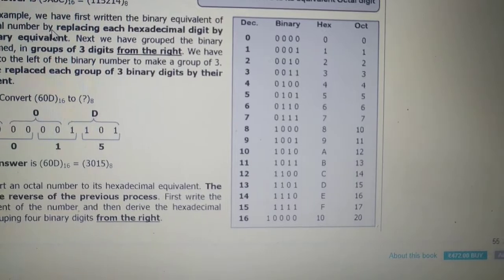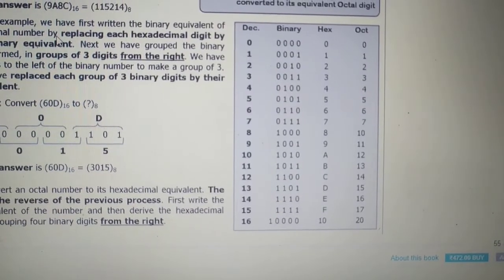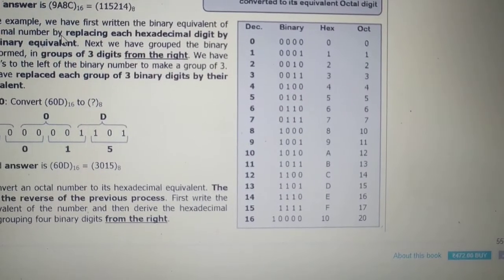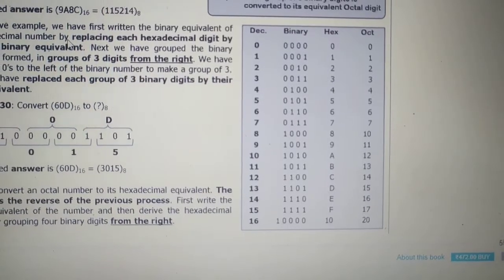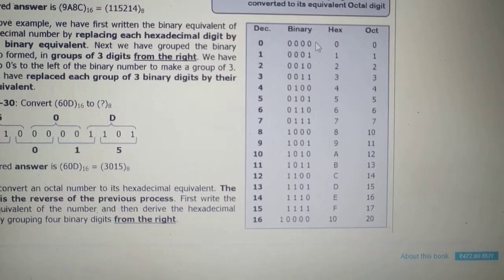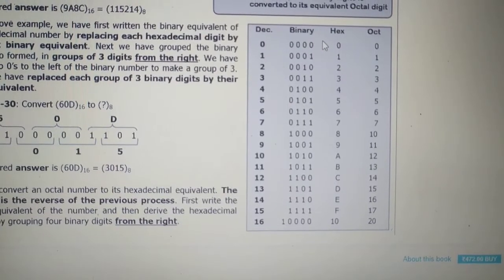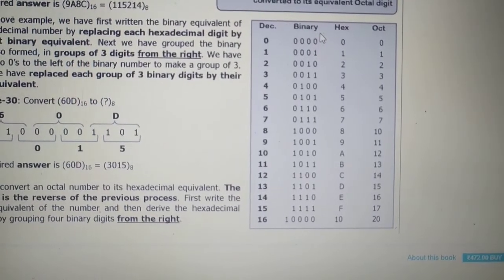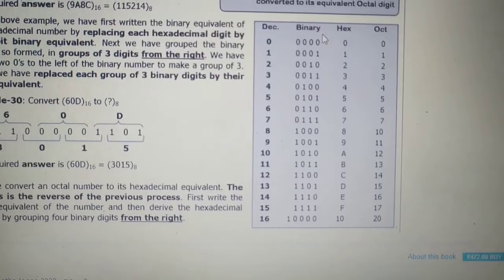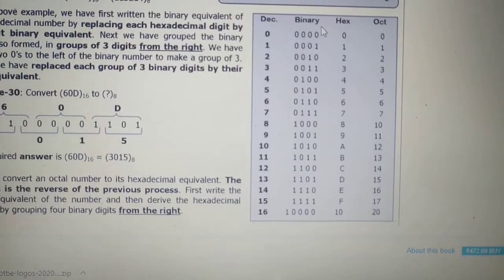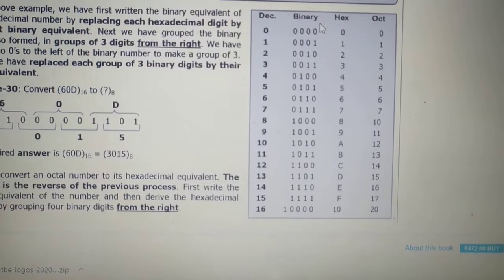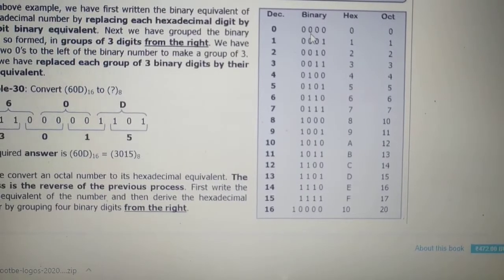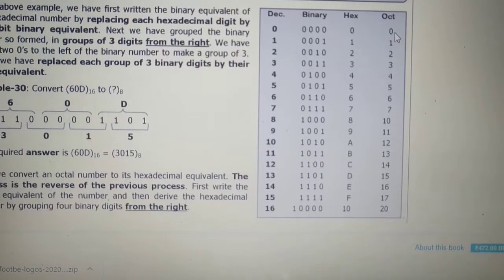In the previous class I also demonstrated the binary representation, decimal to binary representation, hexadecimal and octal. So a decimal value, if you want to represent in hexadecimal, there is a 4-bit representation. So how will you get that? 8421. 8421 is the shortcut method. In the online session I will discuss the shortcut method, how to remember this representation. So you have to remember this table: hexadecimal representation, 4-bit representation, equivalent octal representation.